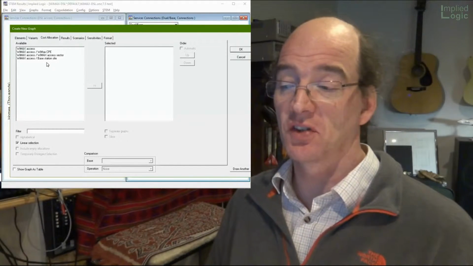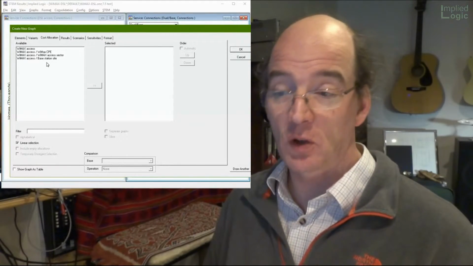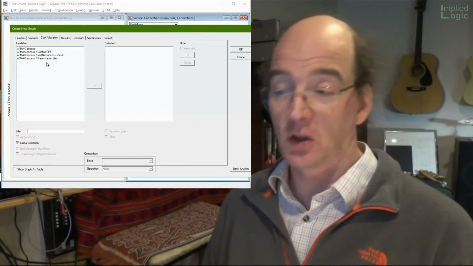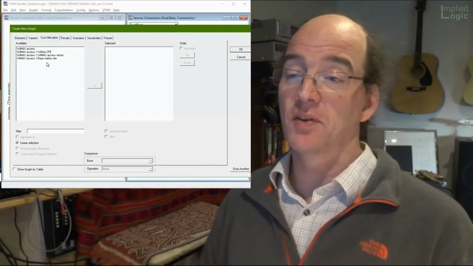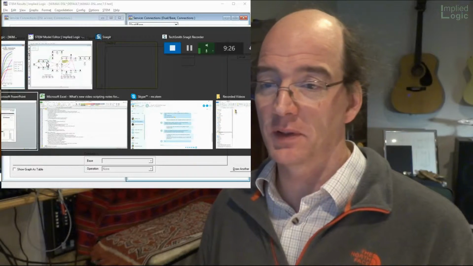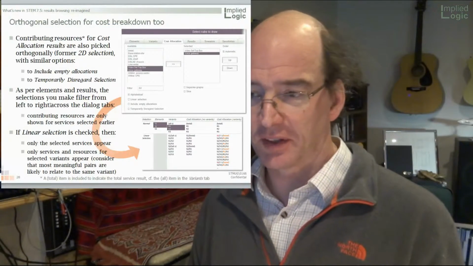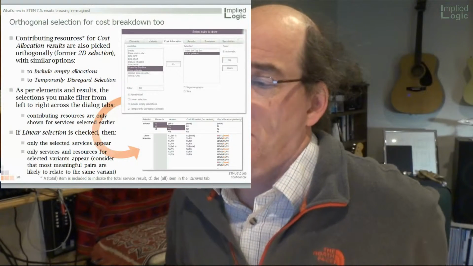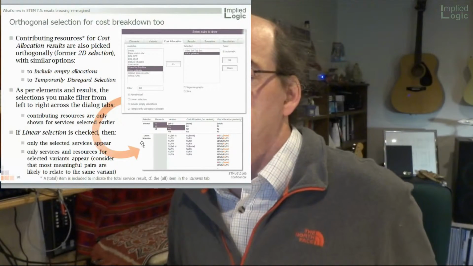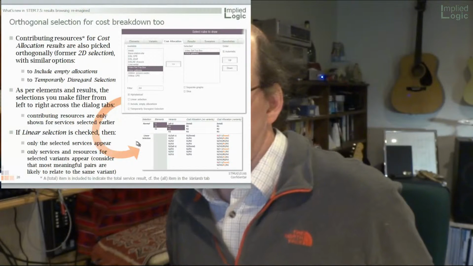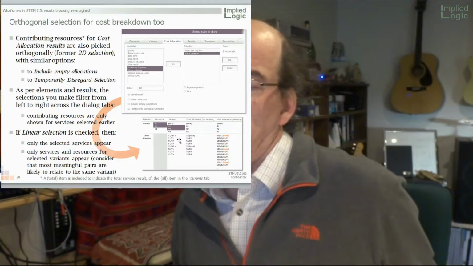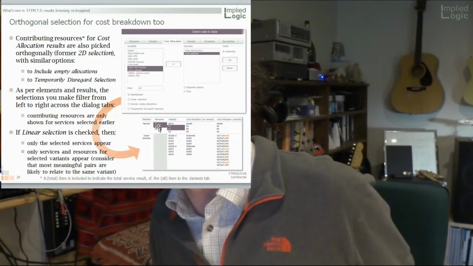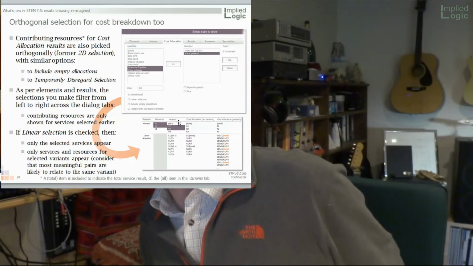If you've got replication as well, then it's going to get even more complicated, and it's so complicated that it doesn't actually quite work correctly at the moment. So I'm going to flip over to my PowerPoint, and basically just try and attempt to explain this. If you have got template replication, and let's say as well as a couple of services, you're considering a couple of variants for different sites,